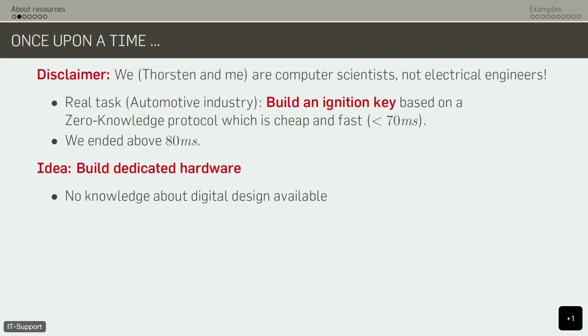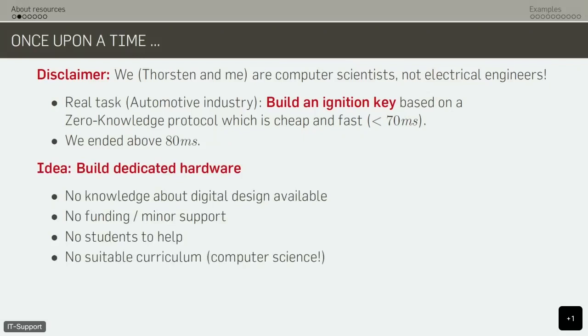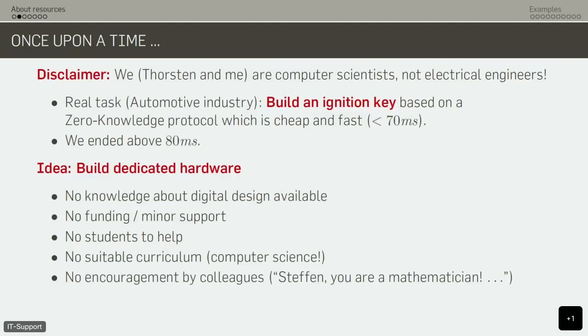So what was given? We had no knowledge about digital design. We had no funding and no support. I had no students to help. I had no suitable curriculum because we are computer scientists. And my colleagues were not very helpful